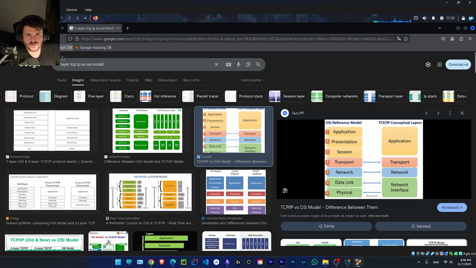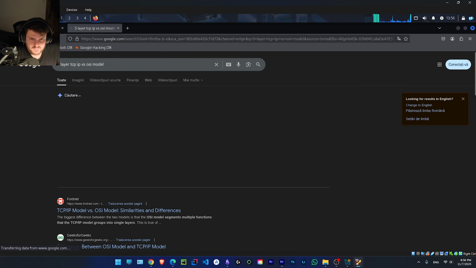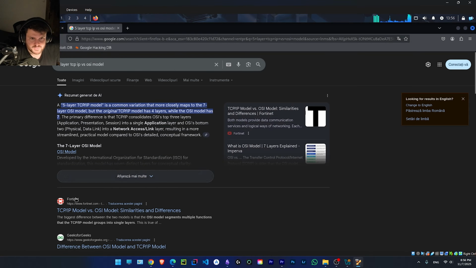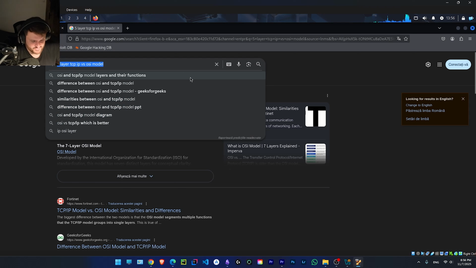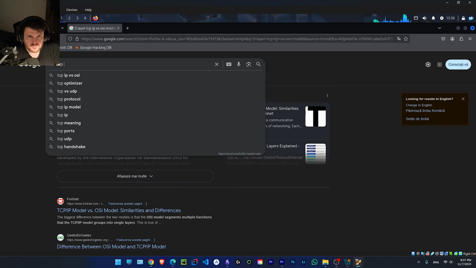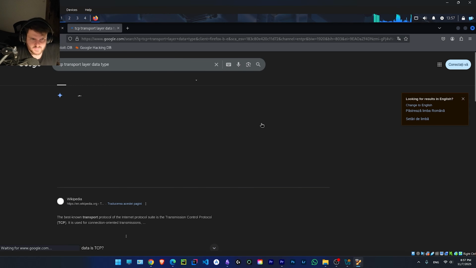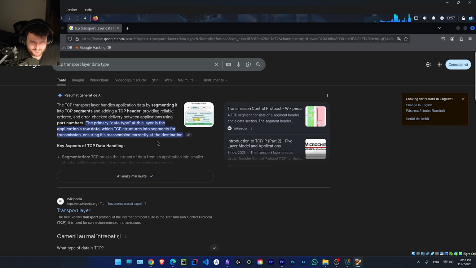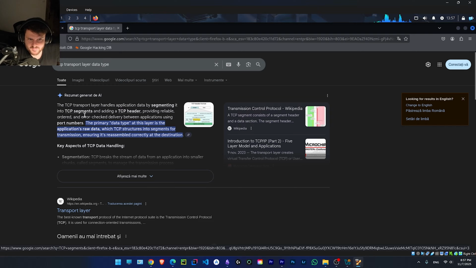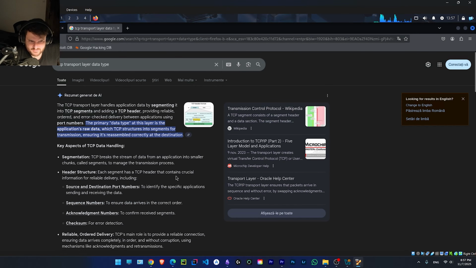Now, I'm not logged into ChatGPT, but if I ask about the TCP transport layer data type, what will we get? Yes, of course: for TCP they are segments, and for UDP they are datagrams.